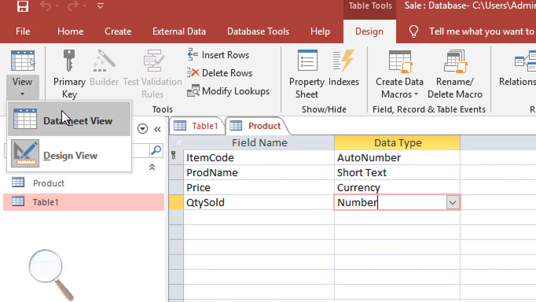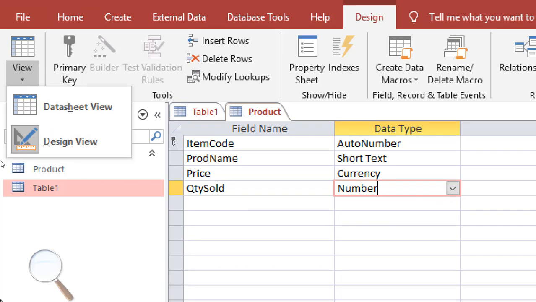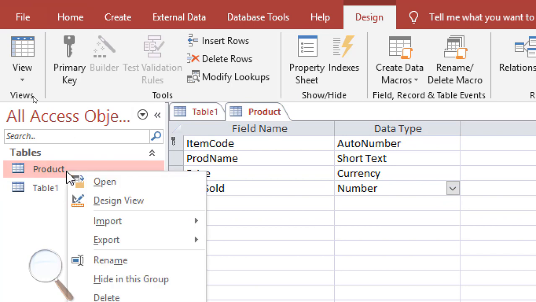यहाँ पे जाके हम लोग डेटा शीट व्यू पे आएंगे तो ये टेबल एडिटिंग वाले मोड पे आ जाएगी जहाँ पे मैं इसमें वैल्यूज टाइप कर सकता हूँ. डिज़ाइन व्यू पे आएंगे तो स्ट्रक्चर वाले मोड पे आ जाएगी. एंड व्हाट एल्स वी कैन डू इज हम लोग उस पर राइट क्लिक करके यहाँ से भी देखो डिज़ाइन व्यू पे आ सकते हैं डायरेक्टली. फाइन. और अगर ओपन करोगे तो डेटा शीट व्यू पे आ जाएगा डायरेक्टली.